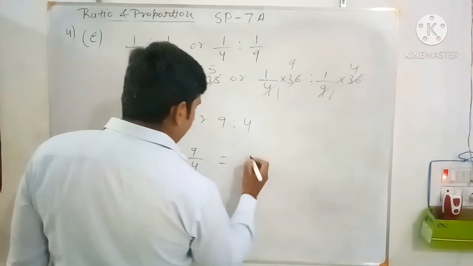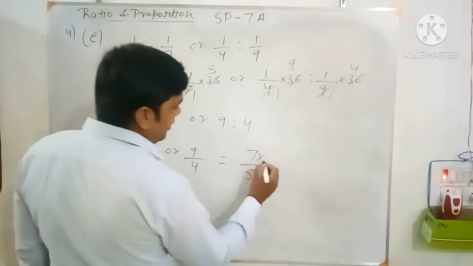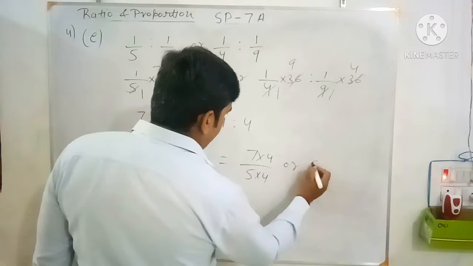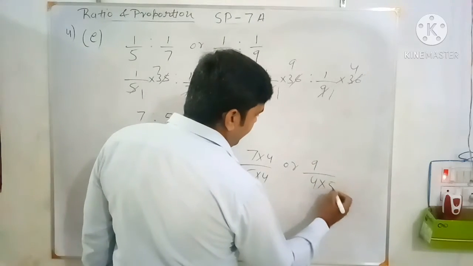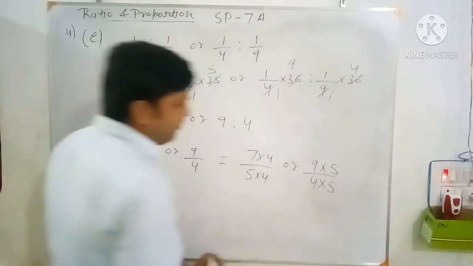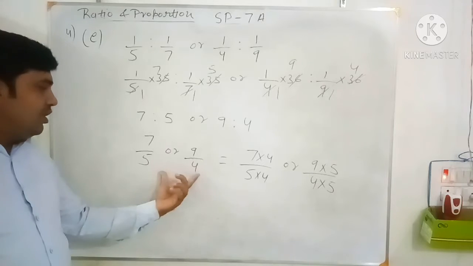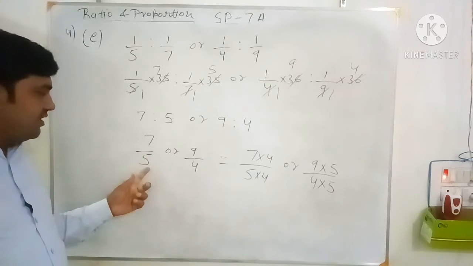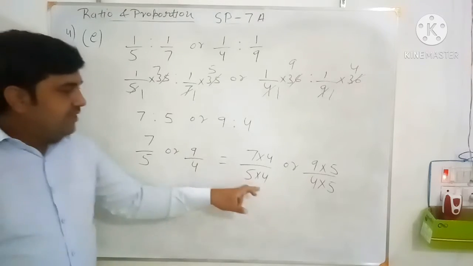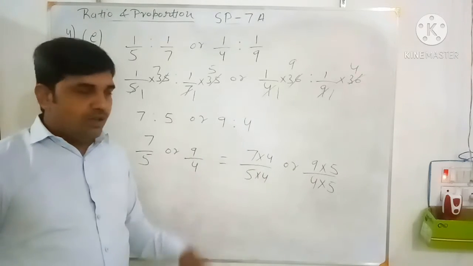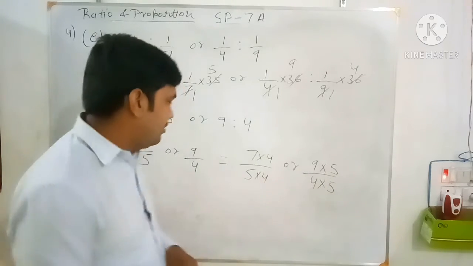So what you multiply in this 7 by 5 to get 20, that is 4. So multiply the same number to the numerator also. Or in 9 by 4, in the denominator 4, what you multiply to get 20? 5. So multiply the same number 5 to the numerator also. First here we calculate the LCM of the denominator and we make the denominator of each fraction equal to the LCM, that is the LCM of 5 and 4 is 20. So I multiply with a certain number and the same number you multiply to the numerator also. Here in 4 what we multiply to get 20, so multiply by 5 to the numerator also.